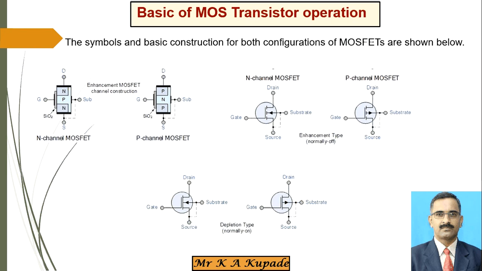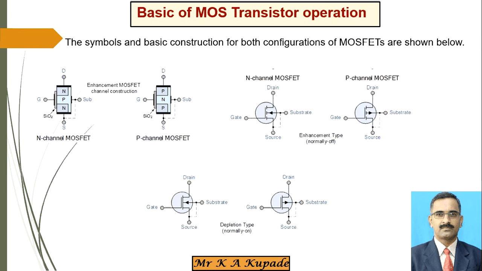Now the same is considered for this another enhanced type as the symbol. Actually, how the symbol is considered? See carefully this particular symbol. The gate terminal is connected here, and this arrow is inside, that means it is a P channel, right? And the dotted lines are considered for the drain, gate, that means substrate and the source. This dotted line in the symbol itself shows that this kind of symbol is for the enhanced type